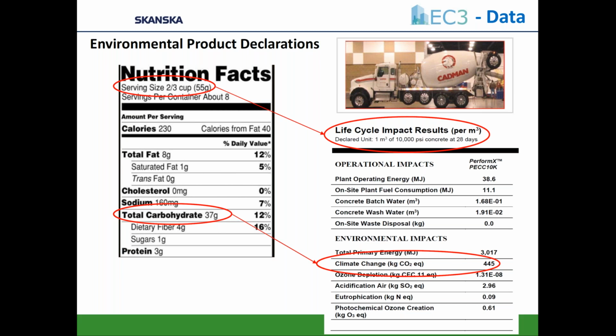You know, it's like we have the declared unit as the serving size and the climate change or global warming potential with the carbon emissions as the total carbohydrates. So that's really what we're pulling out of our EPD database to get to the emissions factors we're currently looking at. If you go to the next slide,